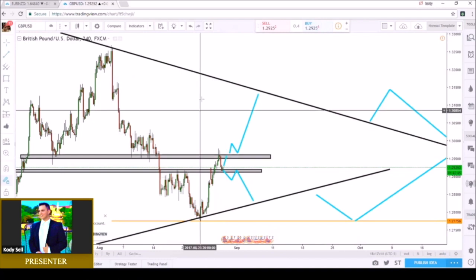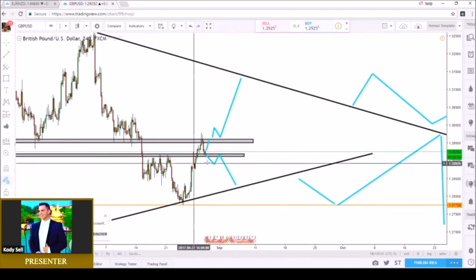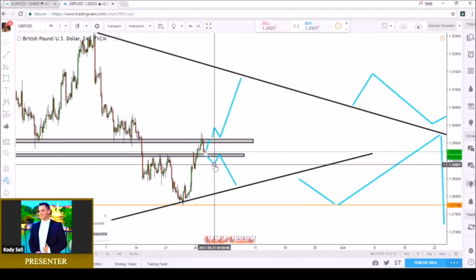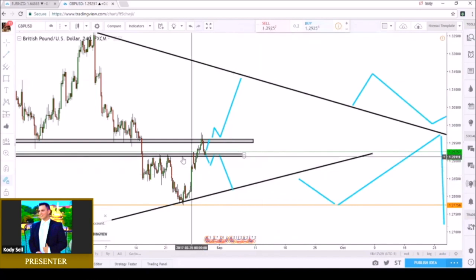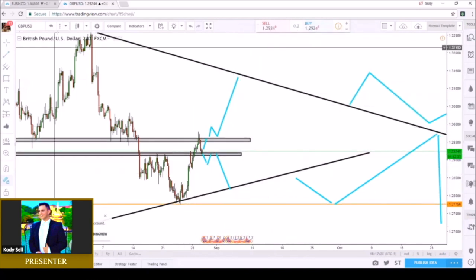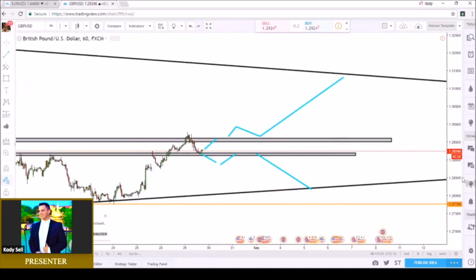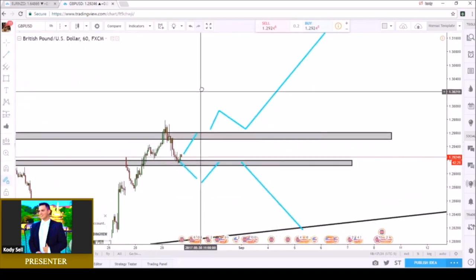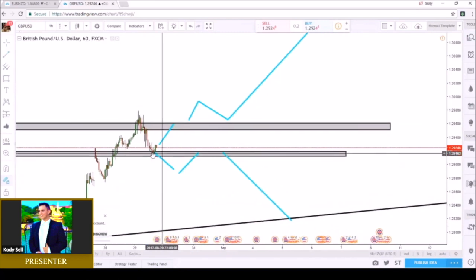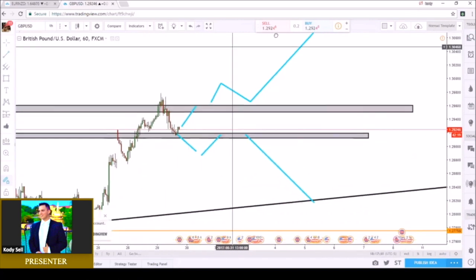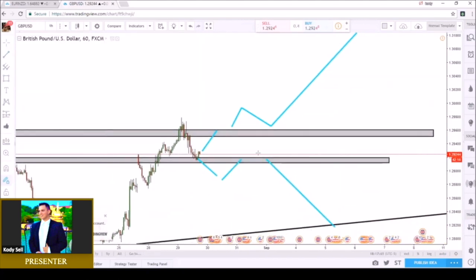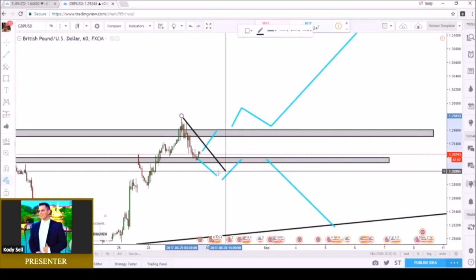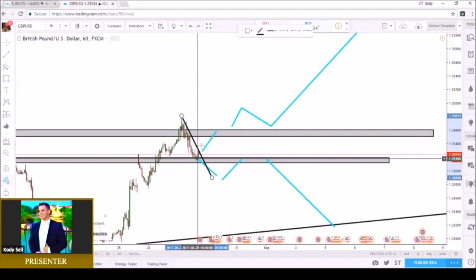We should see a nice buying opportunity right now in pound dollar up to this next resistance. But if it does break to the downside, you know that you're going to be trading the sell all the way back down to this support, right? So this is our immediate trading plan here on the 4-hour. Let's go down to the 1-hour. See if we can get some more clarity. So 1-hour, we have already seen a strong bullish candle from this support. Okay, that's significant. And as you guys can see, let's go ahead and shape this up here. So this black. Shape this up here. We need to see this thing break